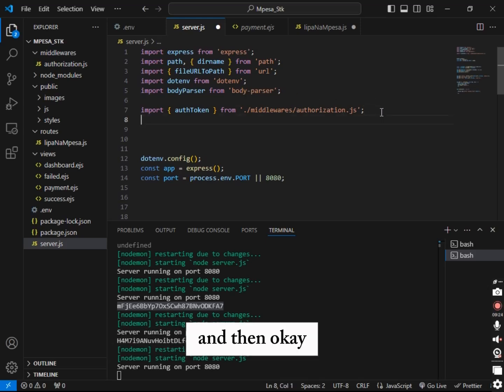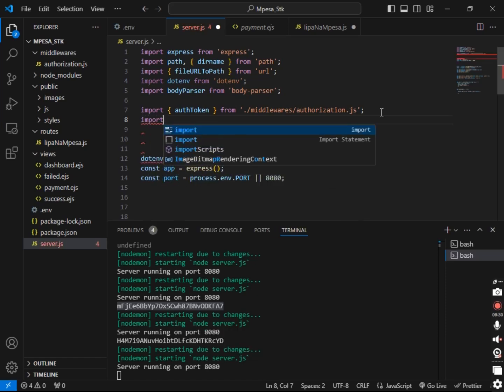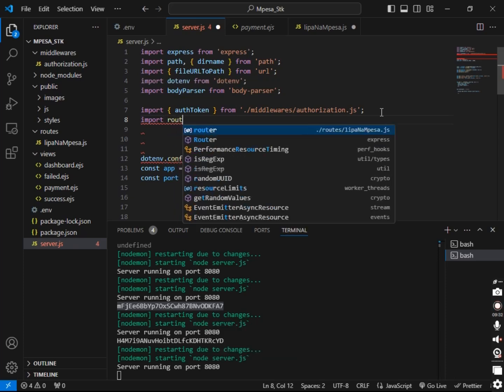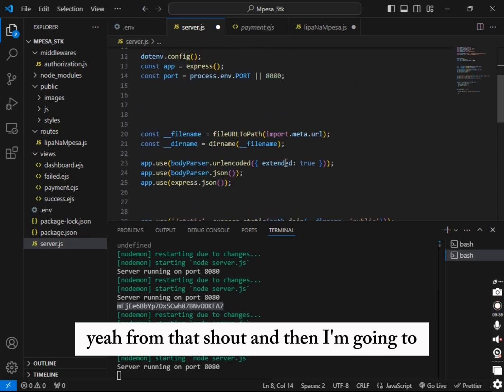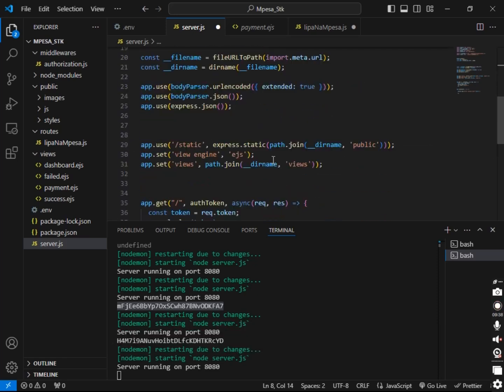And then, okay. So import router from that route, and then I'm going to